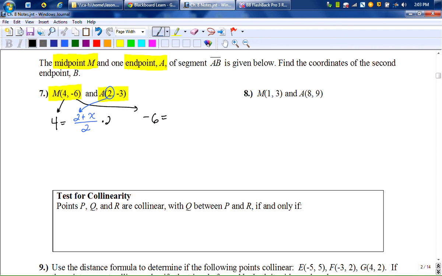And I'll just clear this right away. And there's the first part of my answer. I need to look for the y, so I'll take the y, which is one of the endpoints, set up a variable for the other endpoint's y coordinate, clear,